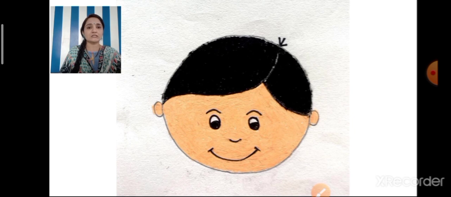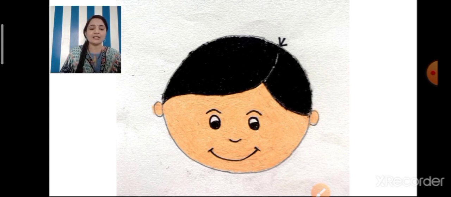Color ears also. Okay, then after that you have to take black crayon and color the hair. But children, while coloring the hair, see, you have to leave a fine line of paper white to show the partition of hair. See how teacher has colored.